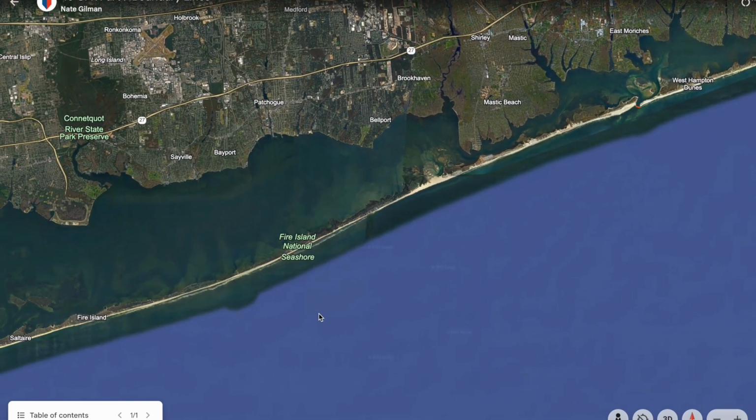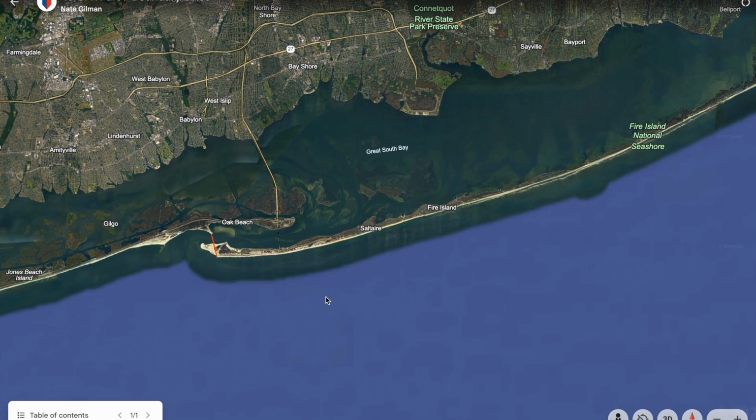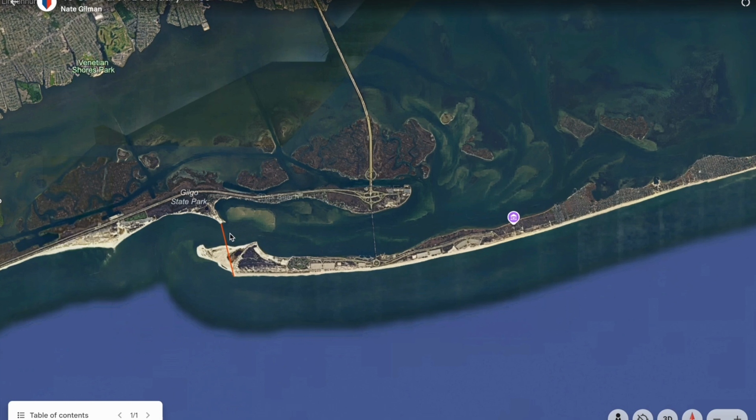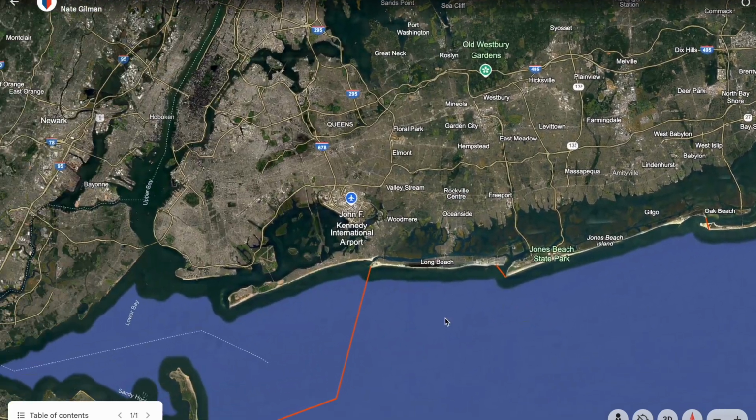This gets much more self-explanatory. Now we're on Fire Island. Come down on the tip of Fire Island on the south side. You know, this is inland waters, all inside, and this is near coastal. Near coastal going all the way down.